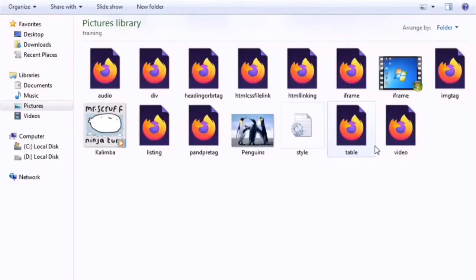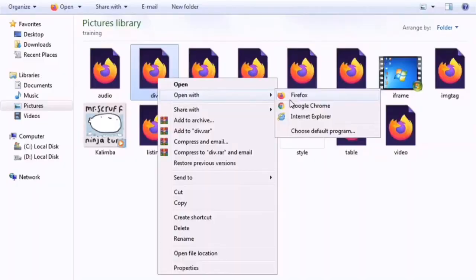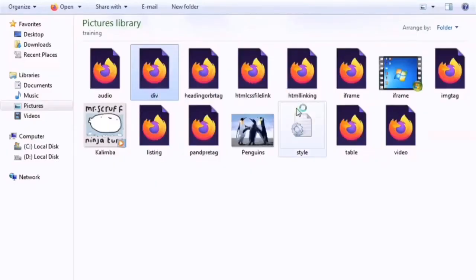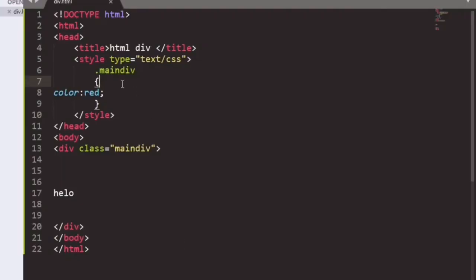First of all, open the file. We will open our file with Google Chrome. So we can see our output, that would be hello written in red color in a div. You can see the hello has been printed in red color.